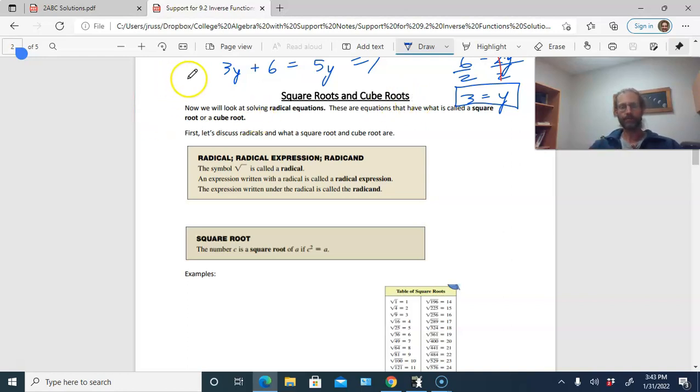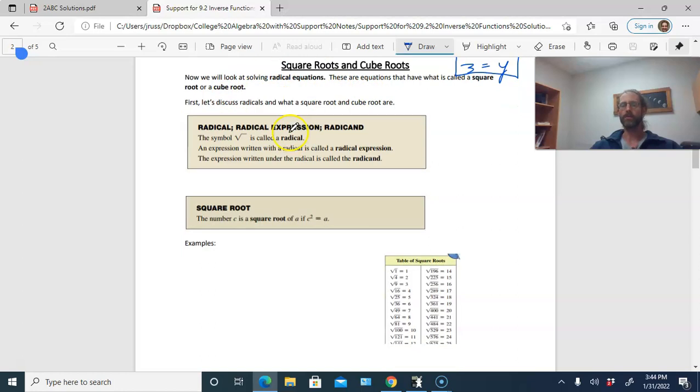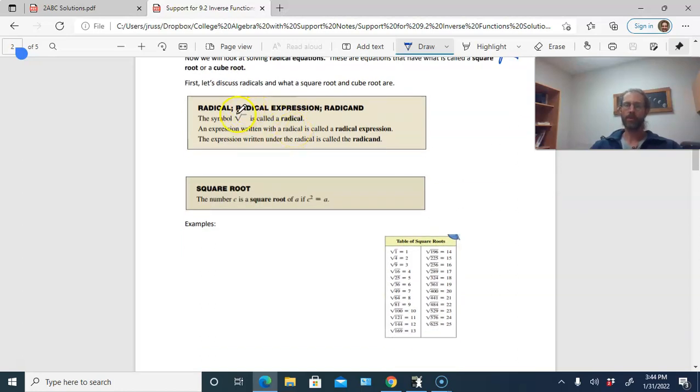Okay, so now we're going to be looking not at rational equations, but at what are called radical equations. These are equations that contain what are called square roots or cube roots. Okay, and we're going to talk about these. So let's discuss these. They're called radicals. A square root and a cube root are called radicals. So it says this symbol right here,